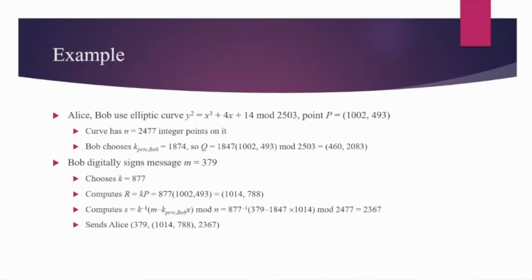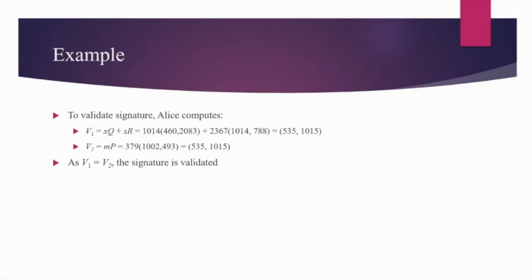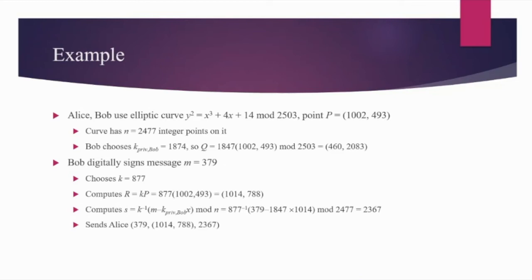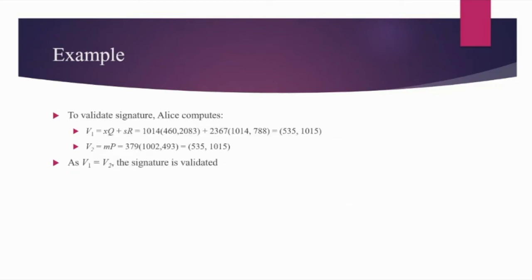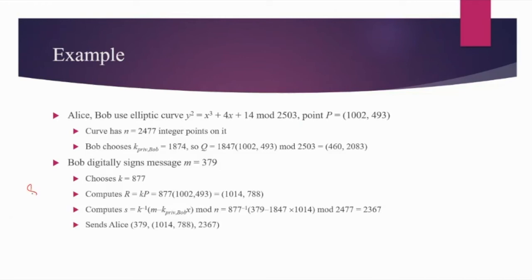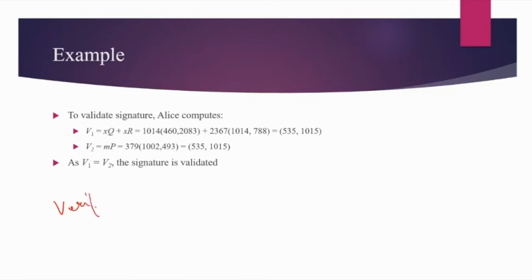Okay. So this is the example. So I think you can pause the video here and you can just do the calculations. It is exactly same as we have discussed, right? So you can verify with these values how it is working. Okay. Right. So yes, this is at Alice's end, I mean at sender's end, and this is at the receiver's end. Okay, so this is signing process and this is verification process. Okay, so you can just calculate.